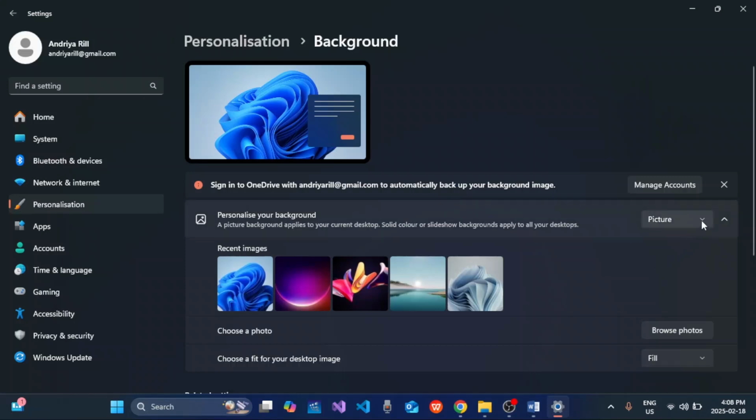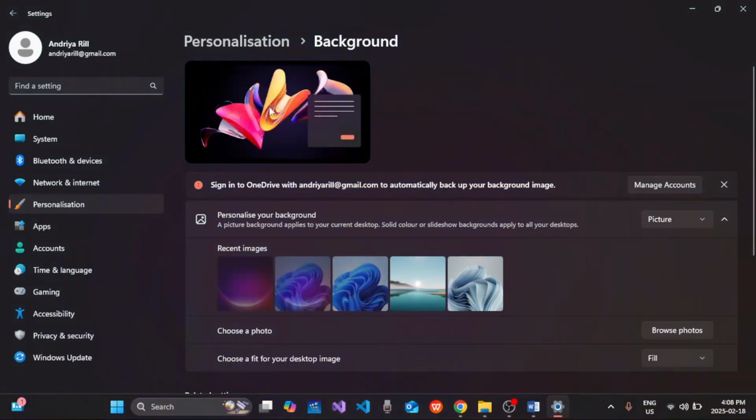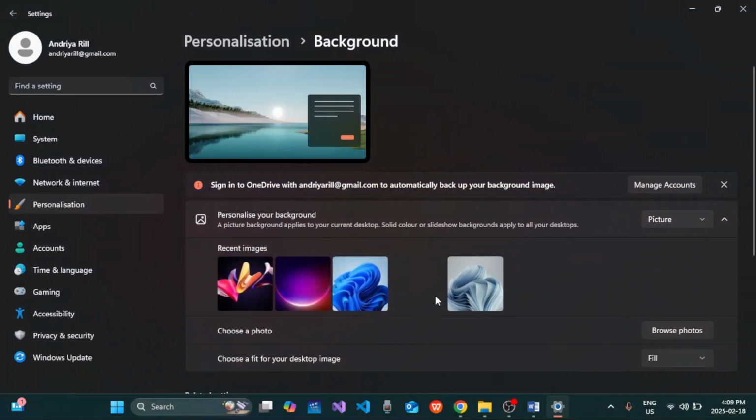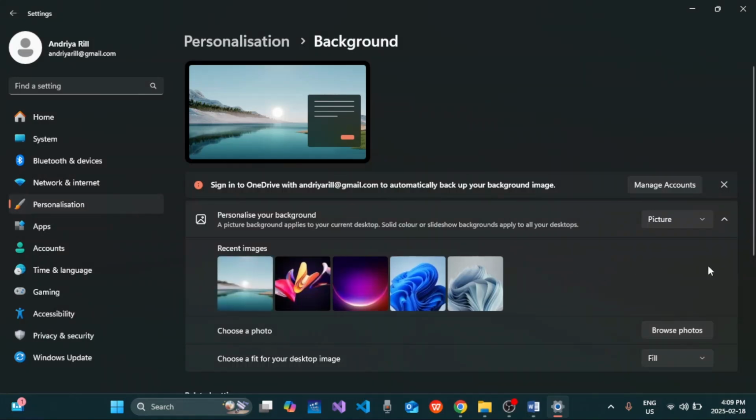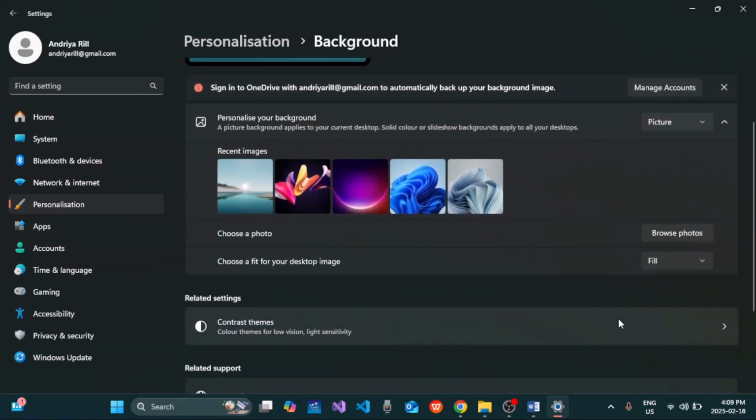You can click on this picture and then choose whether you want a set picture, solid color, slideshow, or Windows Spotlight as your wallpaper. Suppose let me choose pictures and here are all the recent images. You can easily look for any of the images and see the preview of the page. So let's choose this. Here even you can browse the photos if you wish to choose your own photo, and